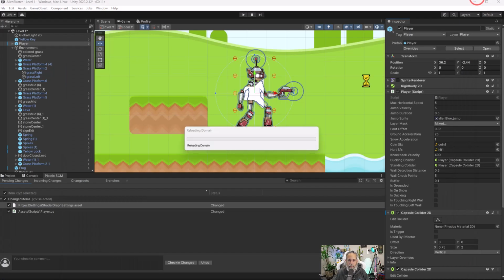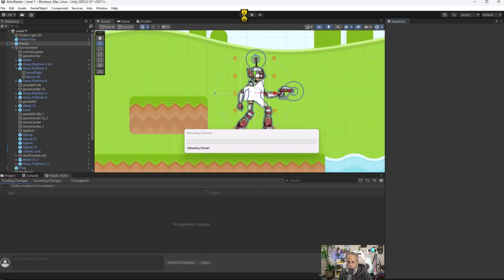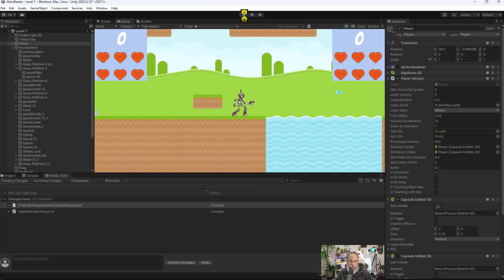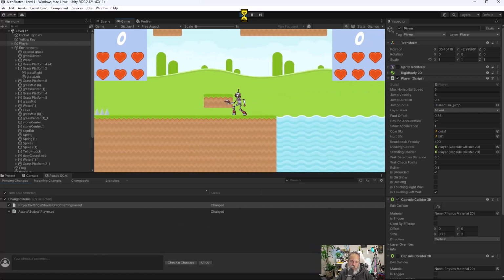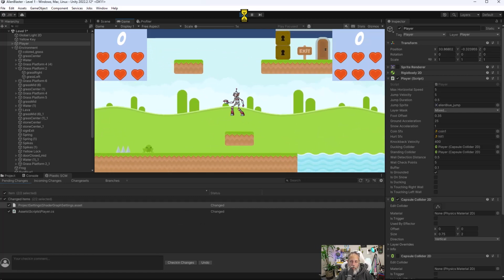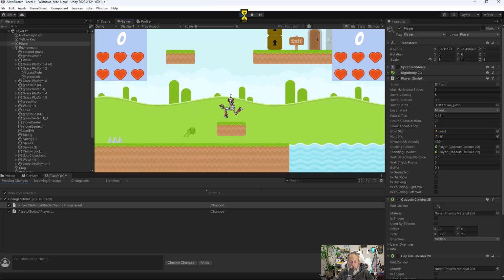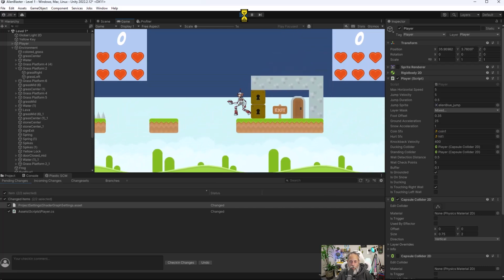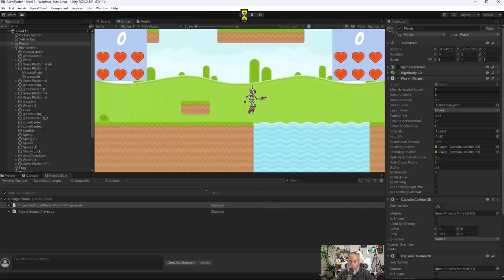Now if I save, go back into Unity and press play, I should see that I've got nice smooth movement with my character, and I can no longer get stuck on those walls, and I should actually stop running when I push up against it. Let's see if that's the case. So I run over here, my character stops trying to run, and if I run or jump and slide down these edges, you see that I can no longer get stuck and act weird,